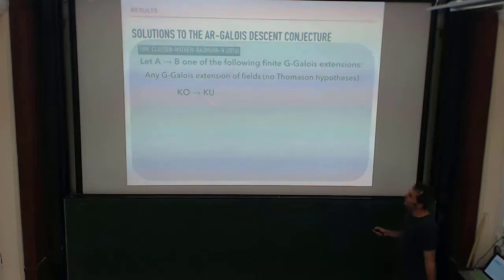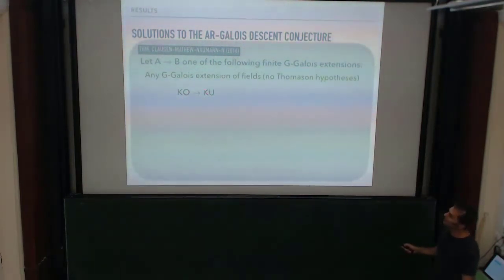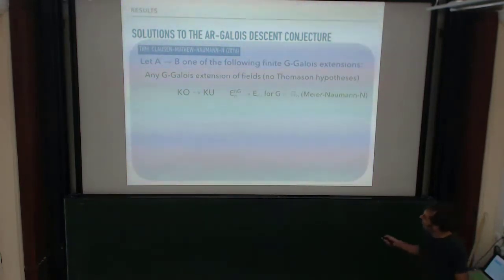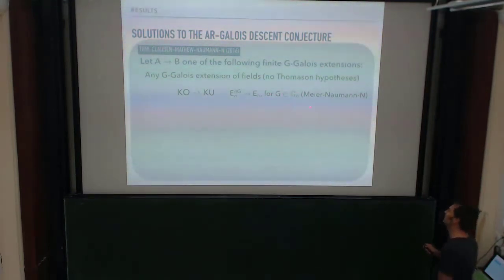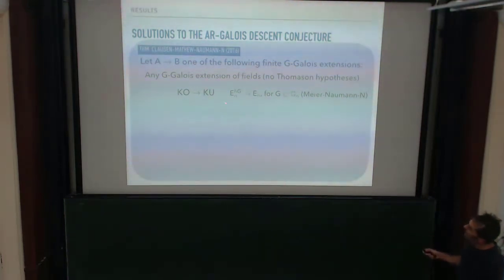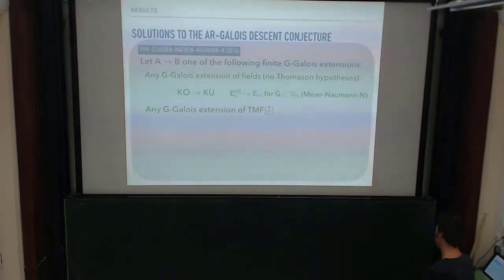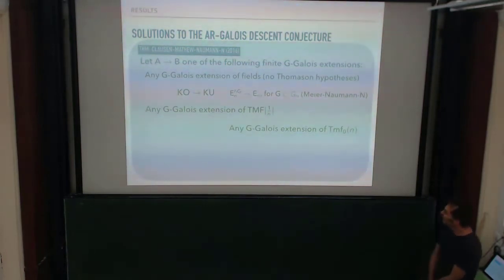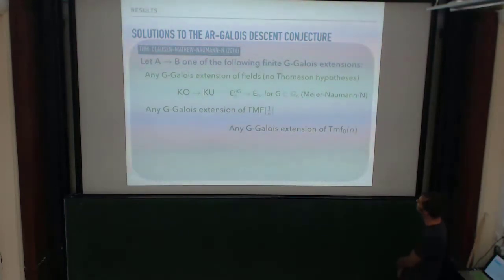If I take the C2 Galois extension from topological real K-theory to complex K-theory, where you just complexify vector bundles, or analogs of these for these Lubin-Tate theories, if I take any finite subgroup of this extended Morava stabilizer group, as shown by Leonard Meyer, Niko Naumann, and myself, this gives a Galois extension that will satisfy our conditions. Any Galois extension of TMF with n inverted, any G-Galois extension of TMF_0(n), so this level structure version,